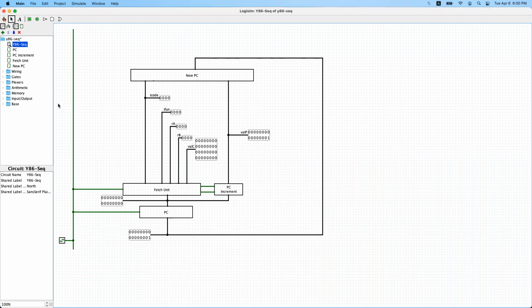Hey, howdy everyone. In this video, I'm going to demonstrate how the fetch unit of the Y86 sequential processor works. In the previous video, we discussed how to implement the fetch unit. You may remember